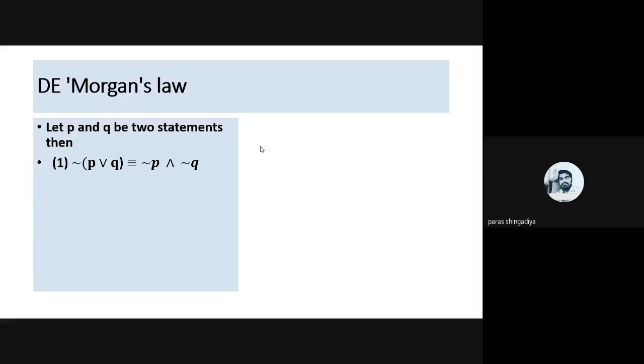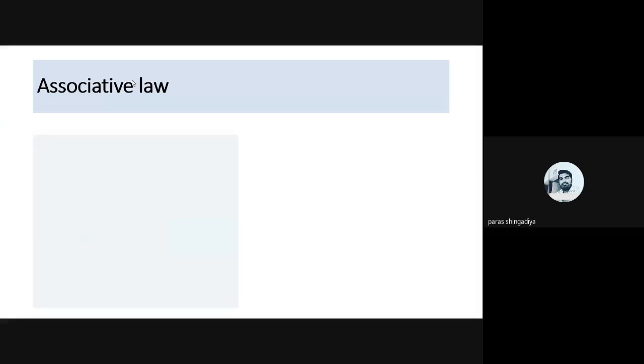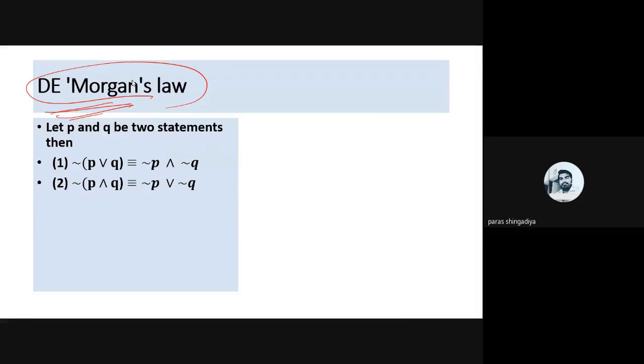We have some standard laws known as logical equivalences. First is De Morgan's law, which is a standard law of logical equivalence relations. Then the second one is the absorption law, then the associative law, and then another. These are the standard logical equivalence laws. So let us take the first one, the statement of De Morgan's law.